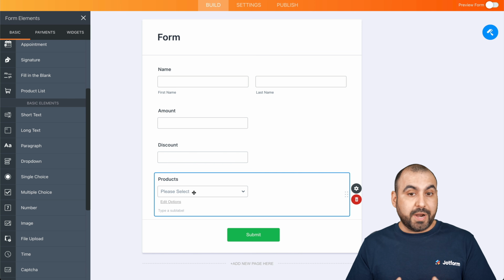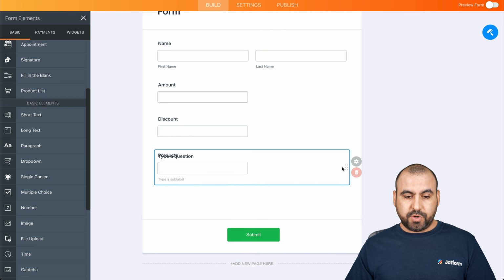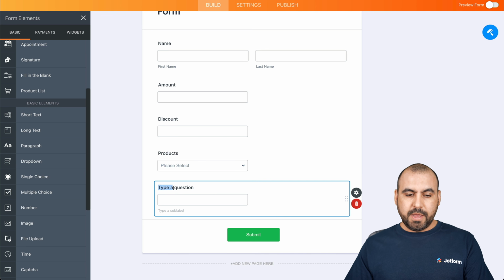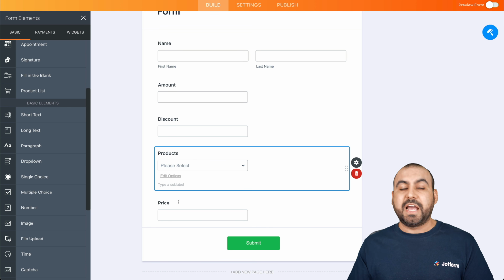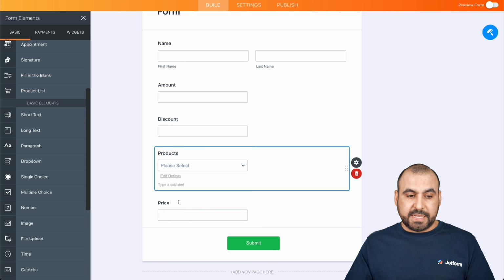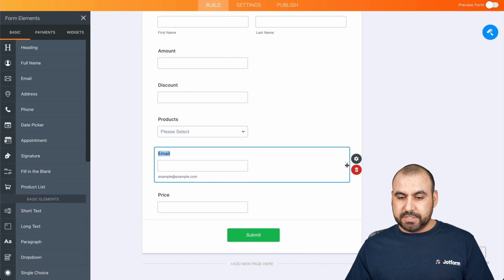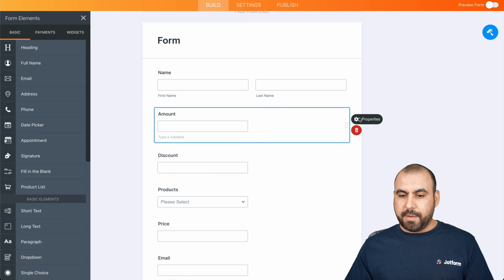We can also set the price inside of here if we'd like, and let's actually add it here. So let's drag it to the top, well, after the product. There we go, and we'll set the price. Now, if you were to use this for public use, you wouldn't have the field for discount or the price. We would just have the amount and products, just to give you an example. And the last thing that we want to add is the email address. So let's drag it to the bottom,